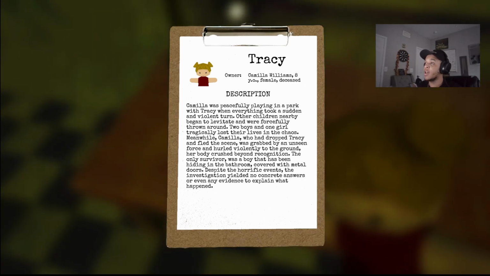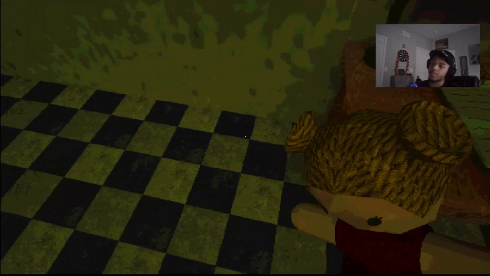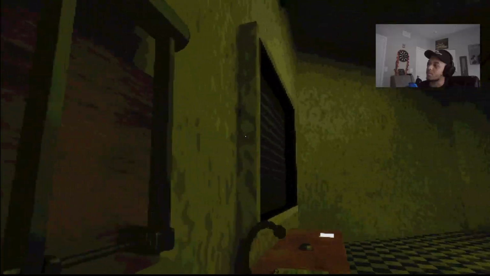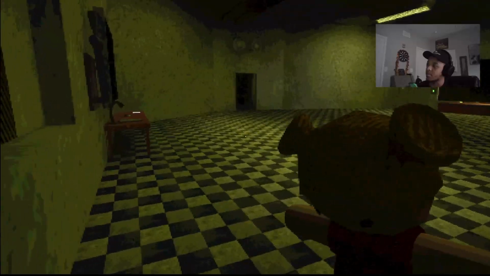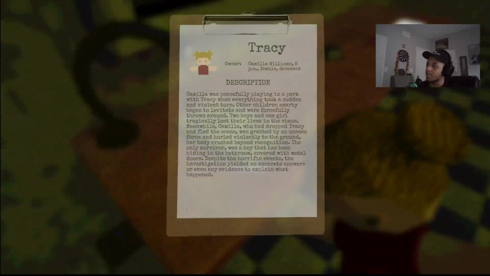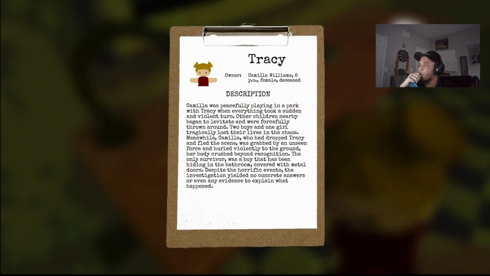I was getting there. Camilla was peacefully playing in a park with Tracy when everything took a sudden and violent turn. Other children nearby began to levitate and were forcibly thrown around. Two boys and one girl tragically lost their lives in the chaos. Meanwhile, Camilla, who had dropped Tracy and fled the scene, was grabbed by an unseen force and hurled violently to the